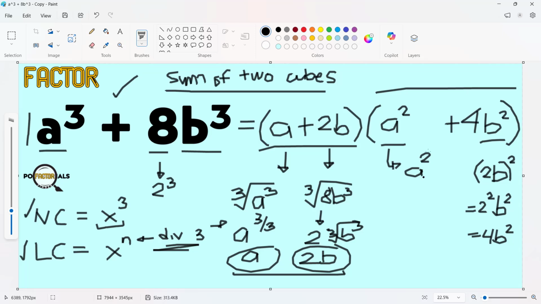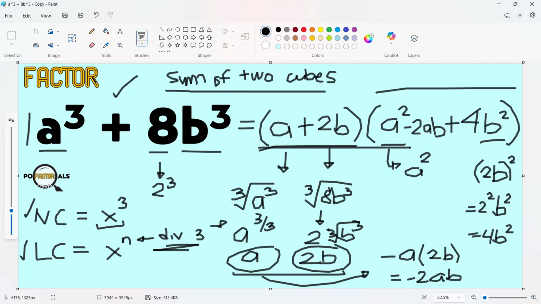Now, what would be the middle term? The middle term for a trinomial factor of the sum of two cubes is this one here, the negative of the product of these two. Okay? Simply multiply them, negative a times 2b. So the result for that is actually negative 2, rearranging the coefficients, a, b. So you will have here minus 2a, b. This is now the complete factor of our sum of two cubes identified on our expression.